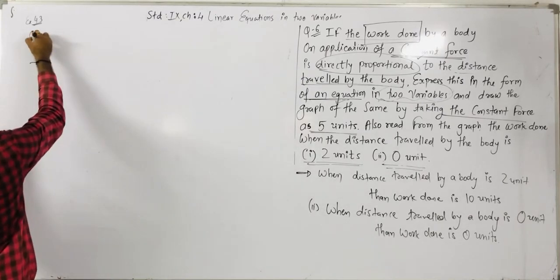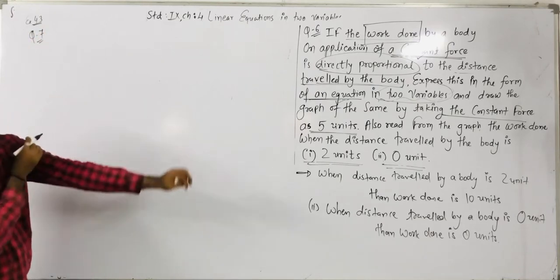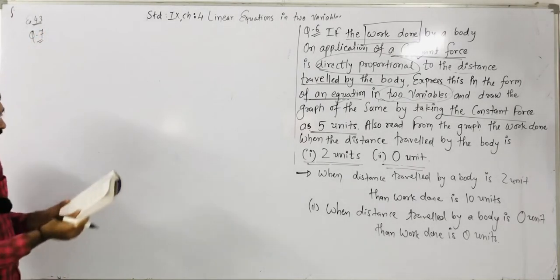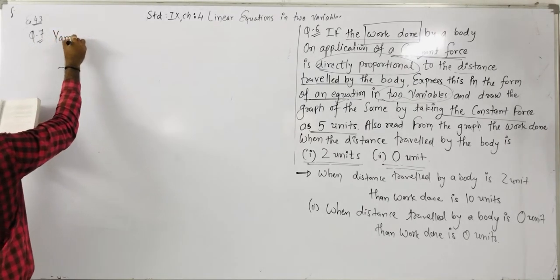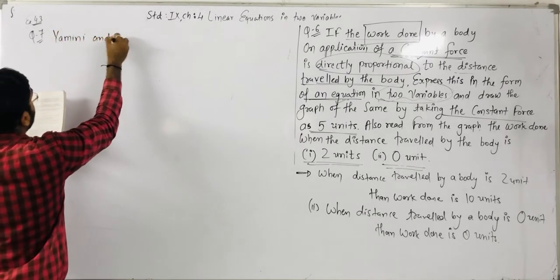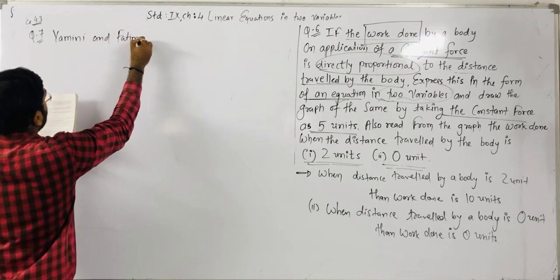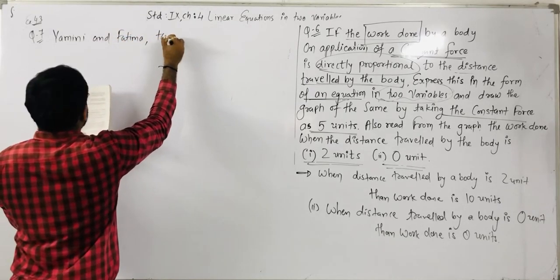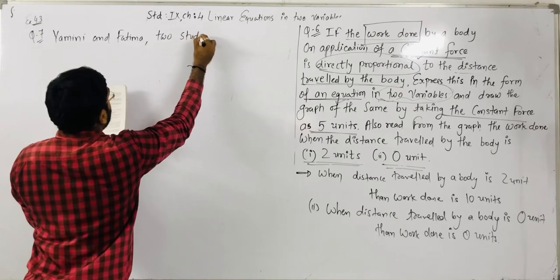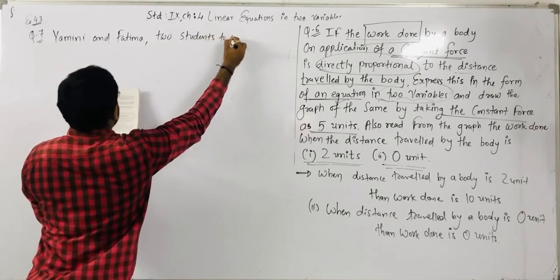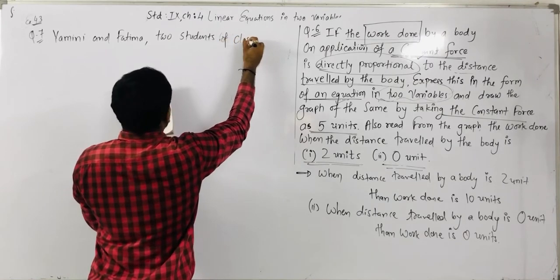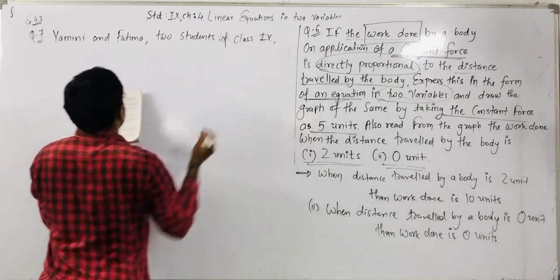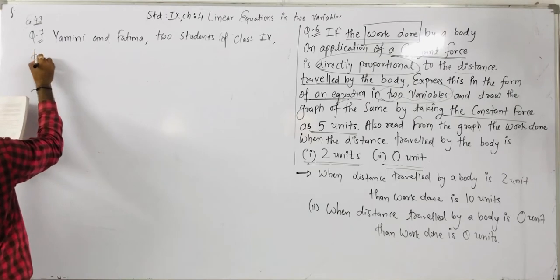Question number 7: there are two students, Yamini and Fatima. Two students of class 9 are there, and together